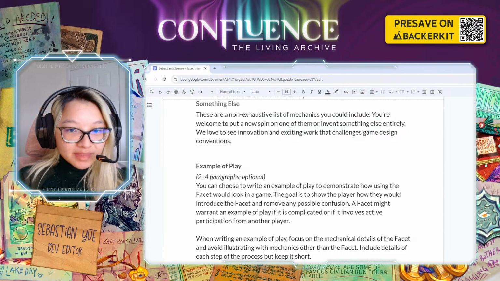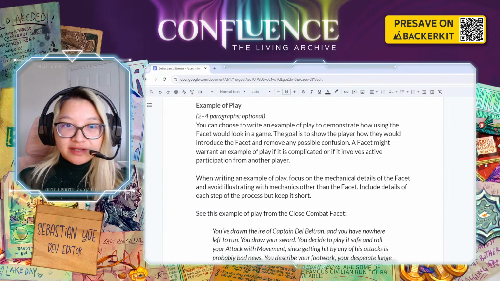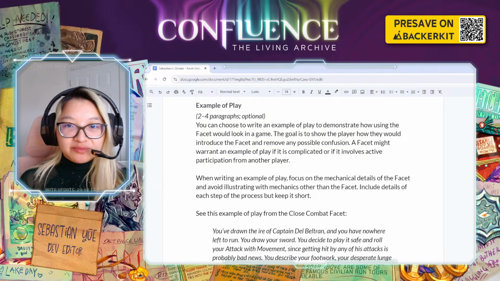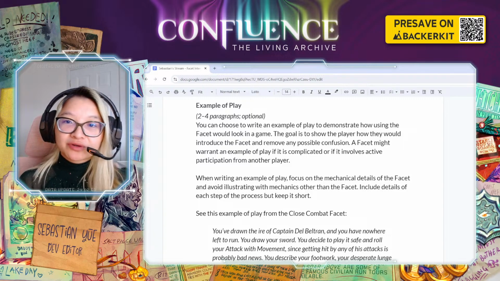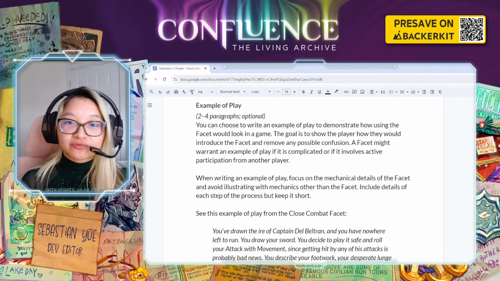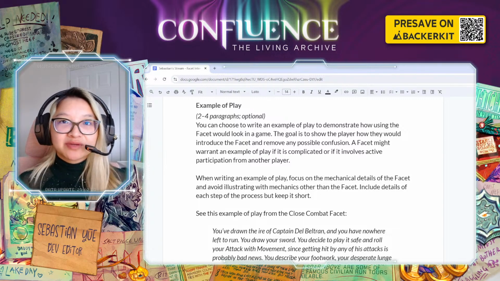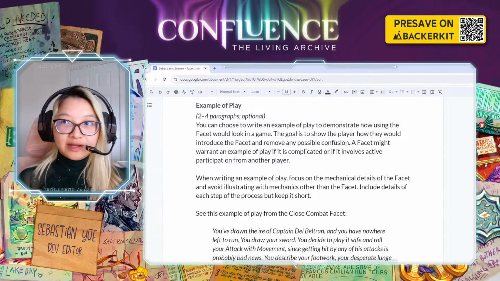I have also said that you can include an example of play. So you can choose to write an example of play to demonstrate how using the facet would look in a game. The goal is to show a player how they would introduce the facet and remove any confusion. Examples of play can be really useful because if you read it step by step, here is how it looks at the table, here is how it looks for the players to be discussing it, and here is how it looks for the players to be describing how their characters